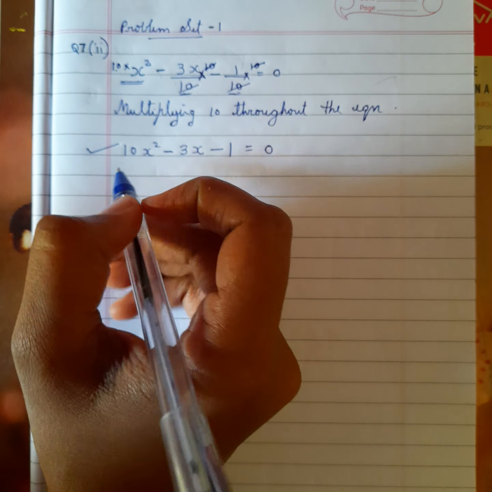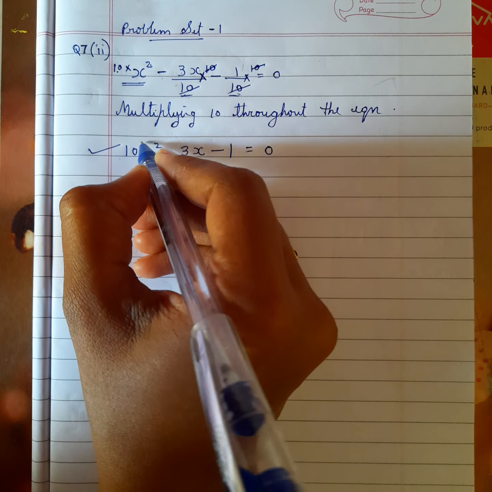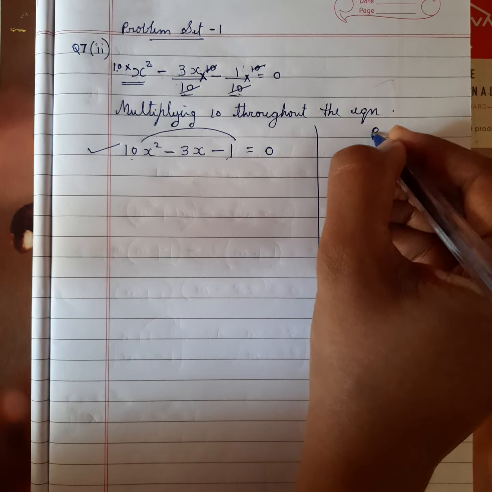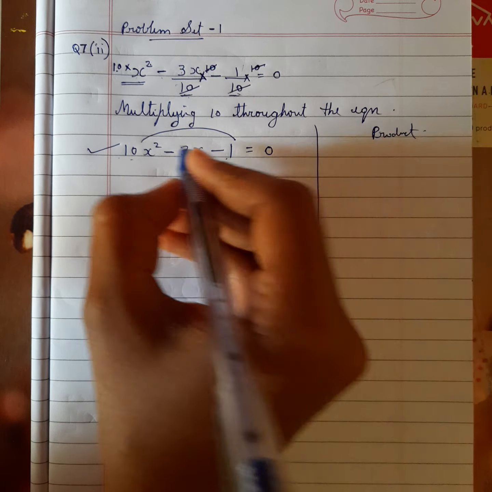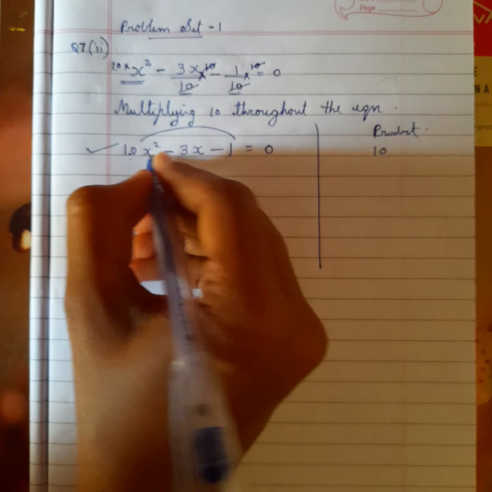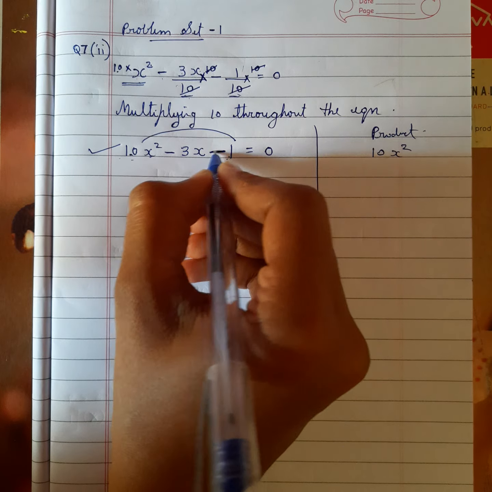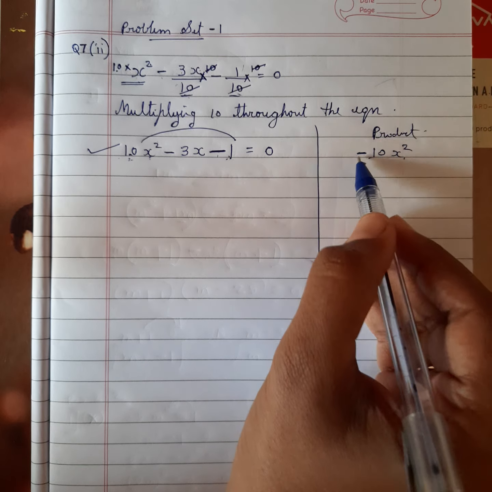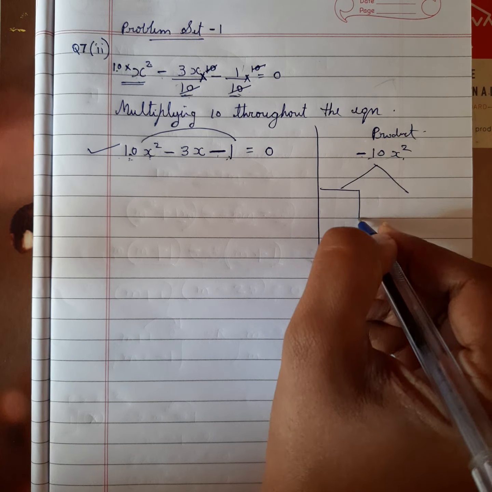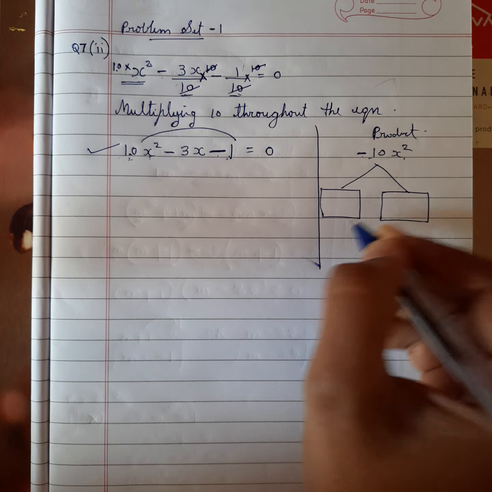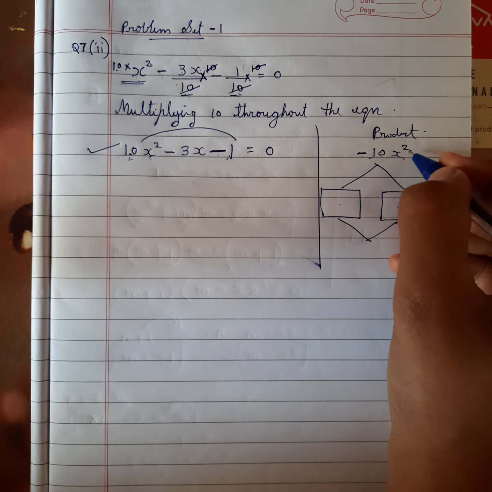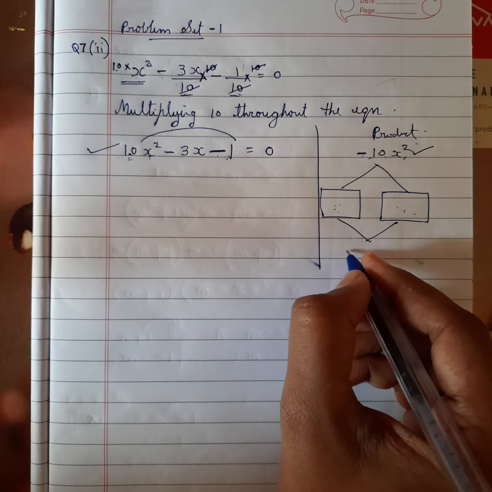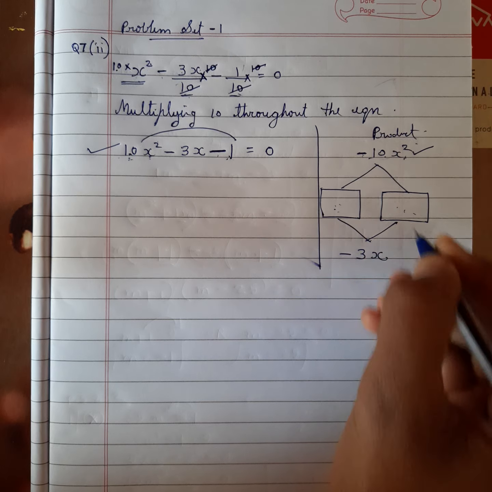Now this is the quadratic equation in standard form. We can simplify. How? First term and last term we will multiply, and that is the product. Rough work I am writing here, product. So product 10 ones are 10 x square and sign is negative. Product is 10x square into 1, 10x square, sign negative. Now we will find two factors. How to find two factors? By multiplying those two factors we should get answer negative 10x square. By adding same those two factors we should get the sum negative 3x.